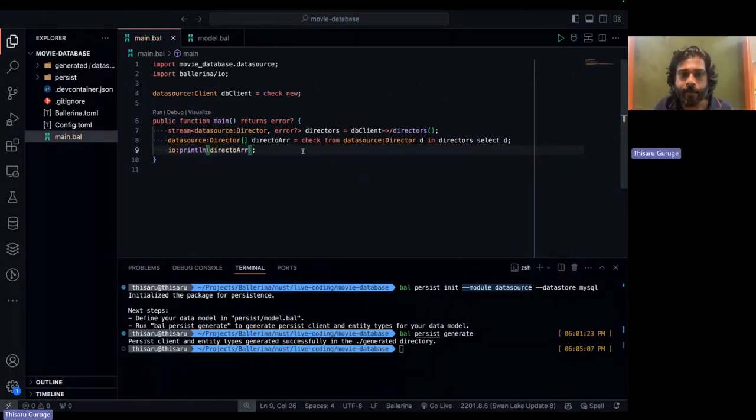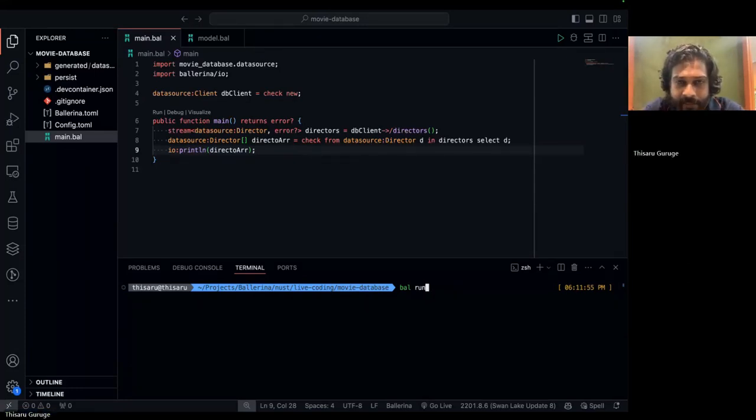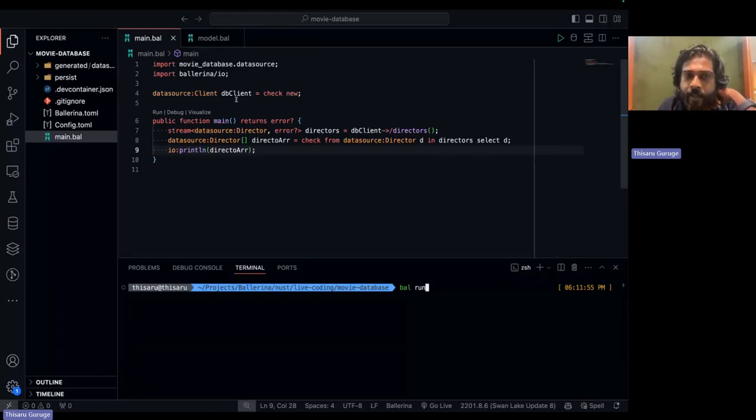So if I run this, will this work? But first, you didn't check if DB client returned an error or not at first. Yes, this will be returning an error if there is an error when creating the database connection. If it is an error, the program will end right here before entering the main function. Okay. So if we run this,